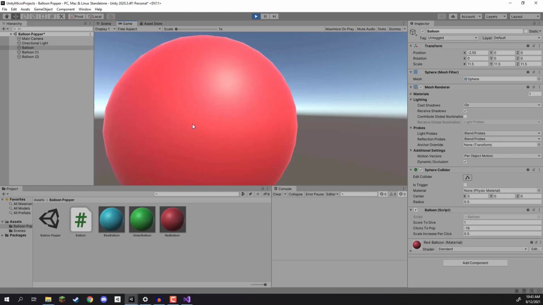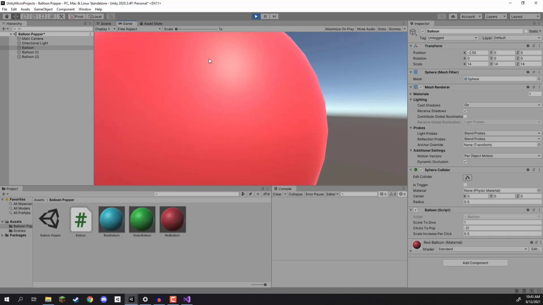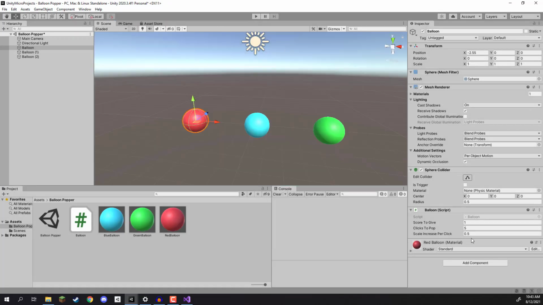But there is a problem, and that is that we can keep on clicking on this balloon forever, and it's not popping. So first of all, what I'm going to do is change the scale increase per click back to 0.1. And in the next lesson, we are going to be working on actually popping this balloon